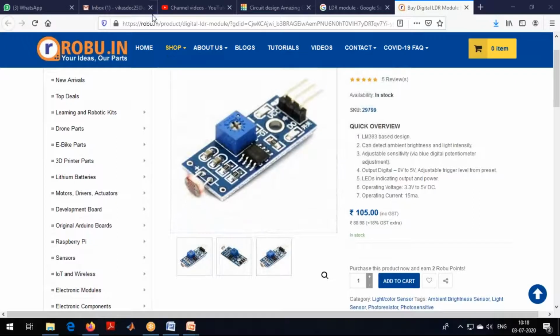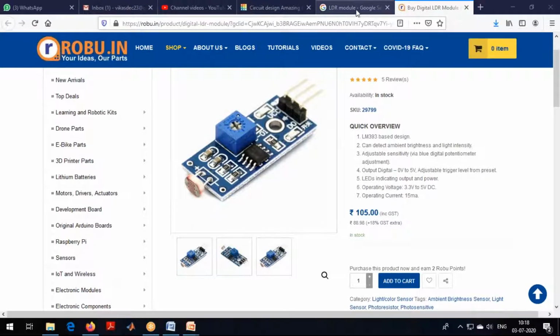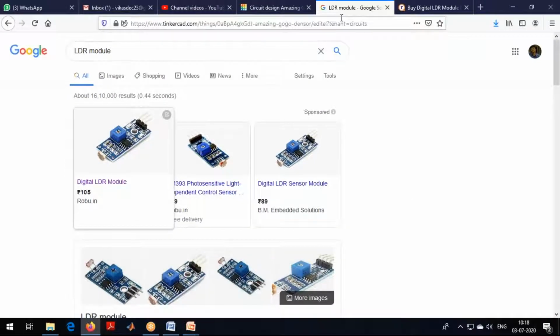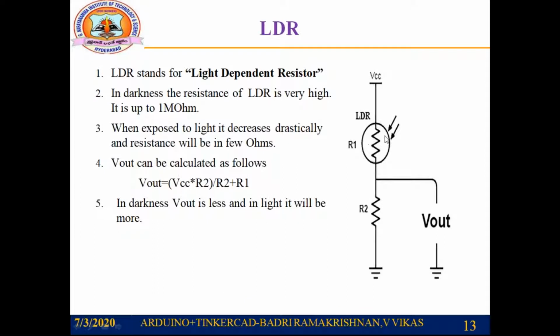The only difference is, when I consider this particular circuit, I have an LDR here, a resistor here, and I have the output here. They are coming up with this complete thing as a module. This is one pin, this is the output pin, this is the ground pin.